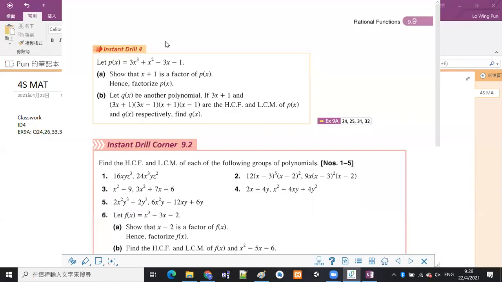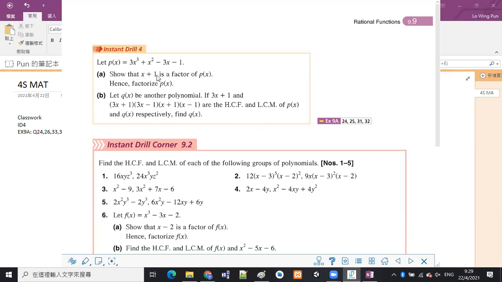So yesterday we learned the HCF and LCM of two polynomials. The technique of finding the HCF and LCM is to factorize the polynomials separately, and then we will compare the factors. For the HCF, we need to find the common factors. If there is a factor which exists in both polynomials, then we will choose that factor, and then